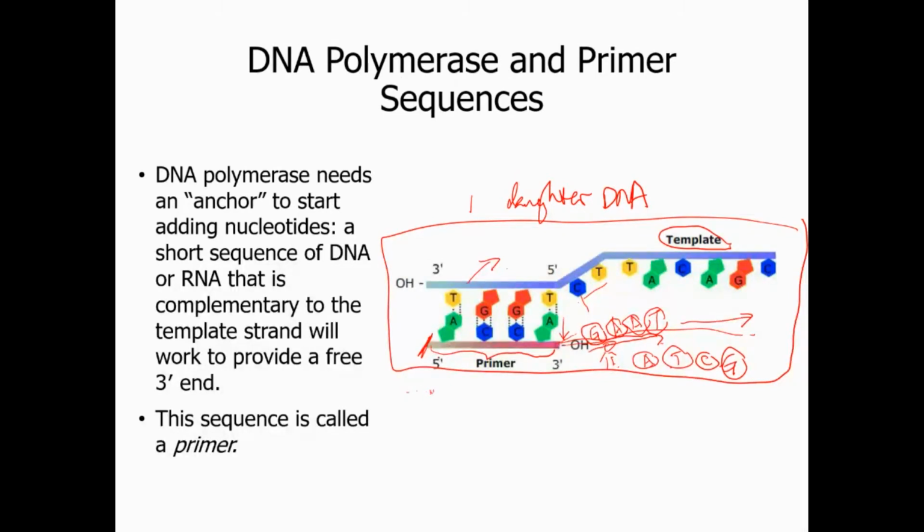So this little strand is called a primer. So the primer is actually produced or made by primase. So this is the enzyme that we didn't mention in the previous slides. So when it's ready to synthesize the new strand using this template strand, you are going to have a primase first to come here and lay down a few nucleotides, which we call primer. And then the DNA polymerase will come in and then take over the job, start synthesizing the rest of the